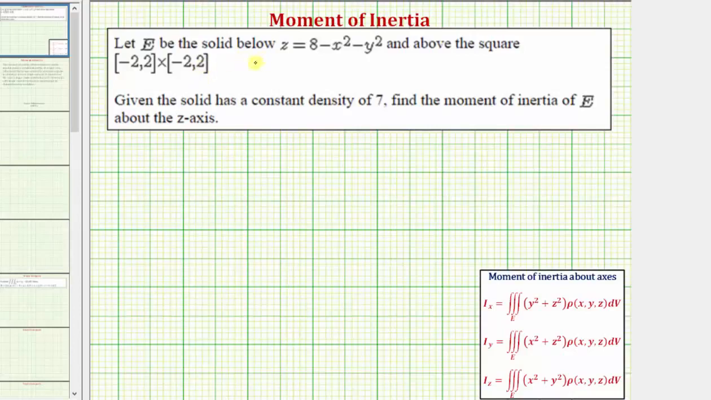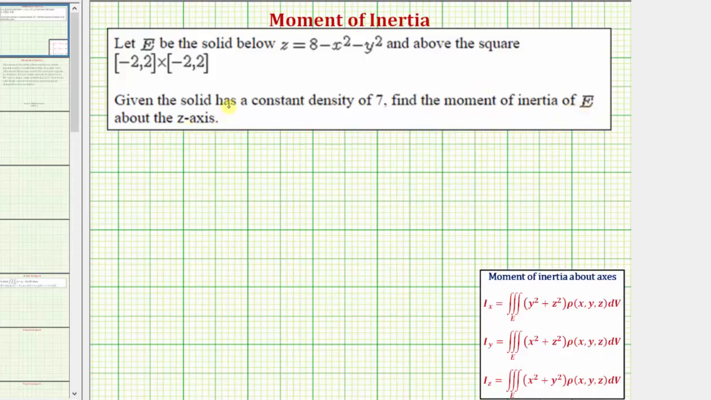Let E be the solid below z equals 8 minus x squared minus y squared, and above the square region over this interval here in the xy plane, where this first closed interval is a closed interval for x, and the second closed interval is a closed interval for y. Given the solid has a constant density of 7, we're asked to find the moment of inertia of E about